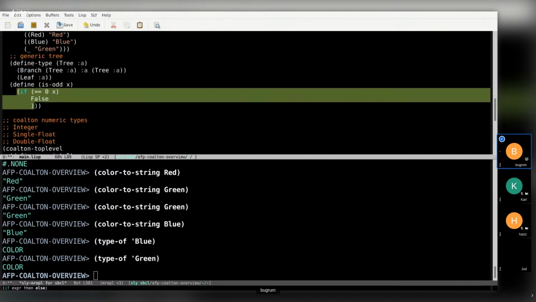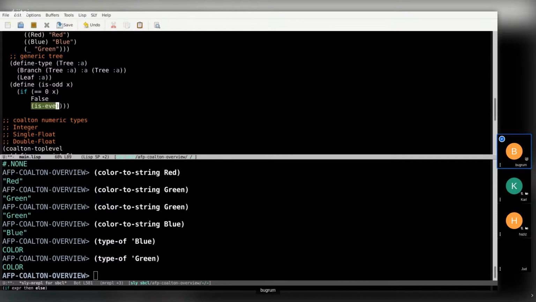Otherwise, we are returning is-even of x minus 1. Let's go ahead and define is-even: if we use 0 and x, we have true. Otherwise,